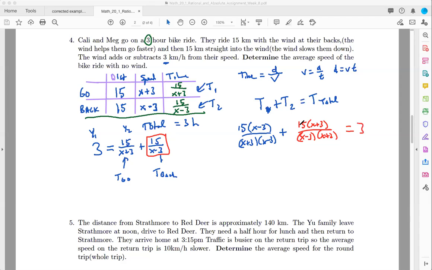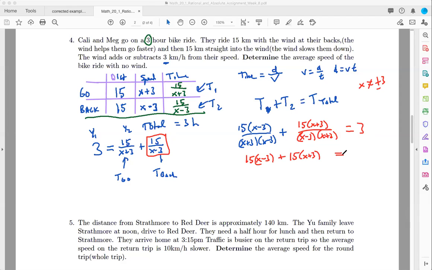And that's equal to 3. So we can multiply everything by x plus 3, x minus 3 now, because we're saying really x cannot equal positive 3 or negative 3. And so we have 15 times x minus 3 in brackets plus 15 times x plus 3